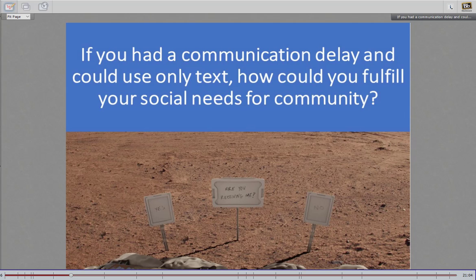So if you could, type into the chat something. How would you build a community? Give me at least one strategy. So think about that. What might you do in a text-based delayed environment? Type it down in the chat box. Give me one strategy to help you feel like you have some sort of community or connection and also to effectively communicate. Okay, so Jill says create a blog or some kind of discussion board.